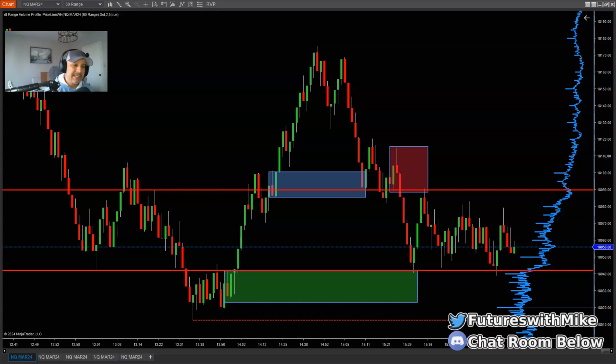I like to classify areas of supply and demand in which I trade from, but it all centers around a structure break. I have to have that take place first because that's the creation of the area of demand or supply. Now, are we going to take trades based on every small pullback at a key zone?